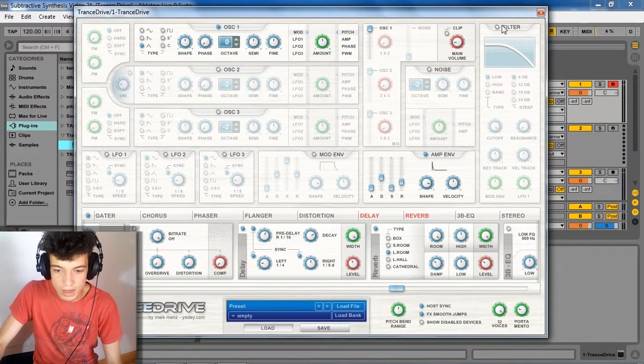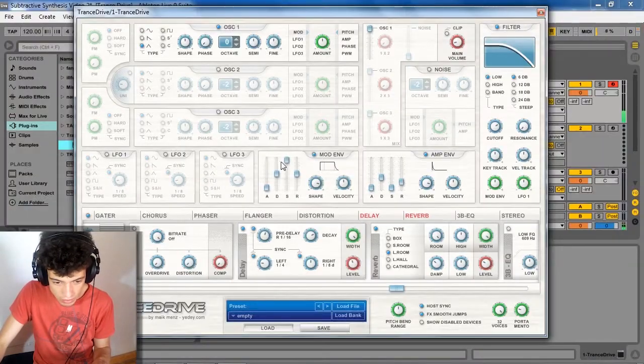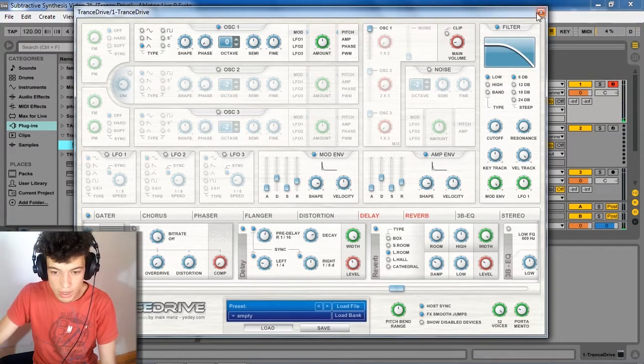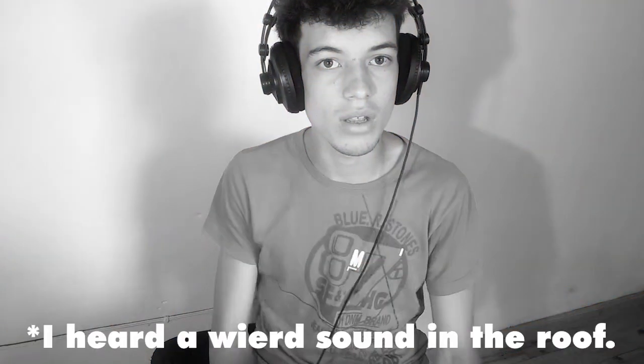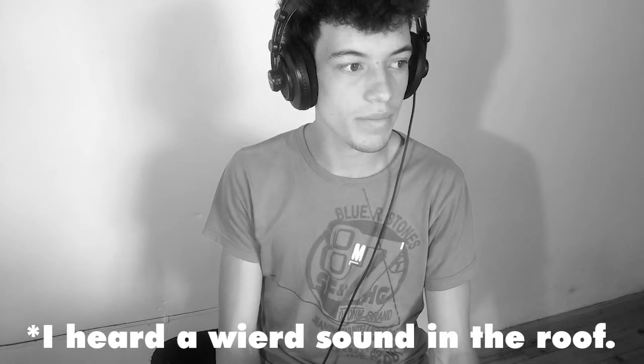I think we're going to add a little bit of a filter. Very light, so let's have it here. And we only want it to come on when it's using the mod envelope. So I really like this sound. It's just a simple pluck and also super easy to make. Literally, I just used one triangle wave. So now we're going to write down an arpeggio, which we're probably going to use throughout the whole